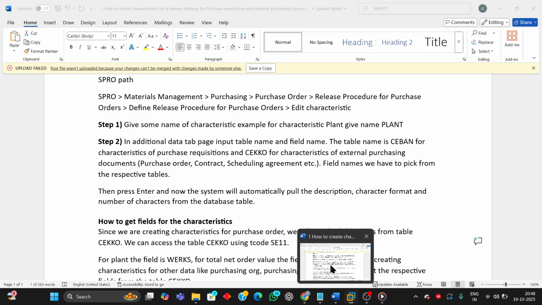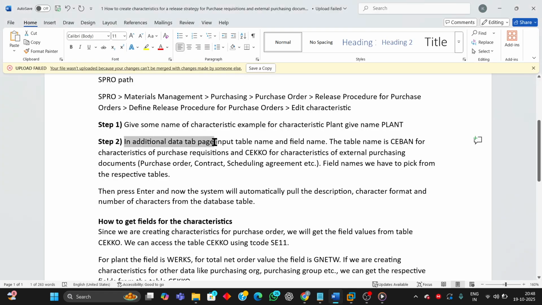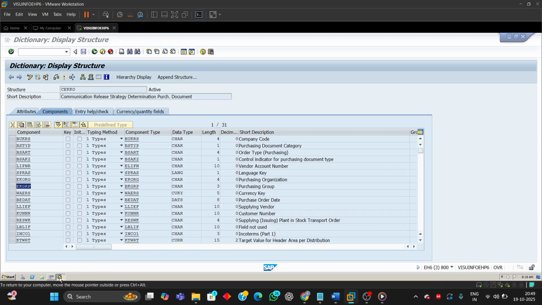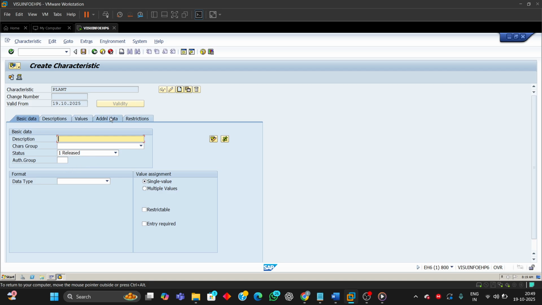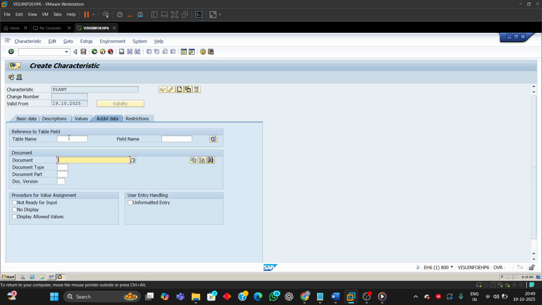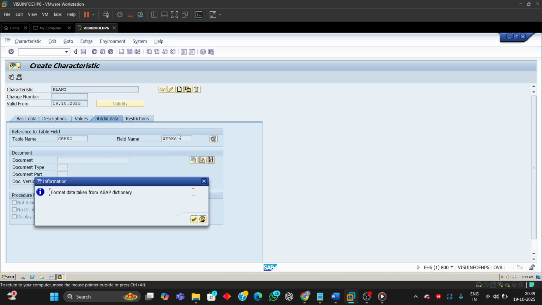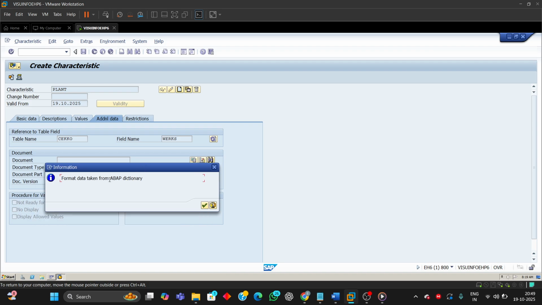The second step is we have to input the table name and field name here in the additional data tab page. Let us go to the create characteristic screen. The second step is go to additional data, input the table name CEKKO and field name for plant WERKS. Press enter. You will get this pop-up: Format data taken from above dictionary. That means the data is taken from the database table CEKKO. Here just